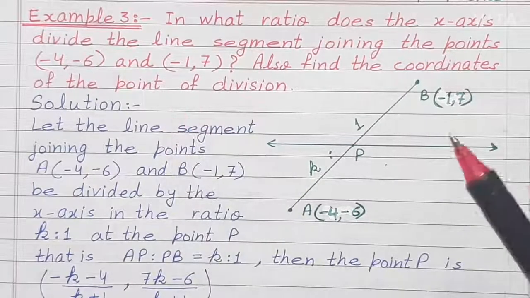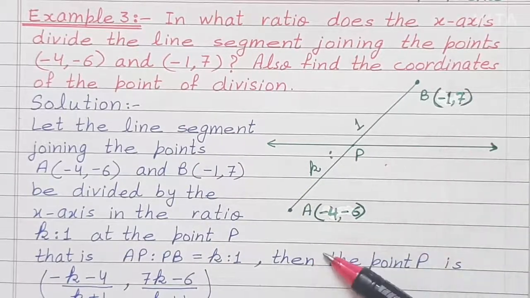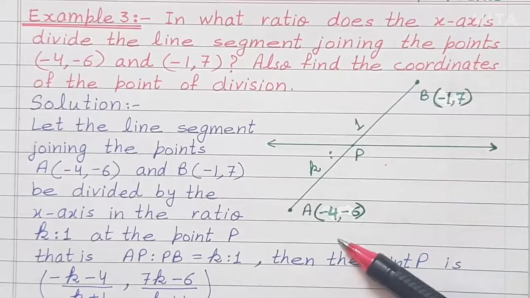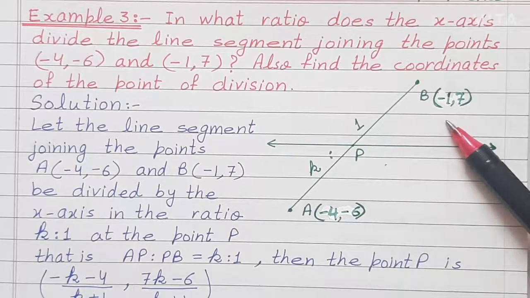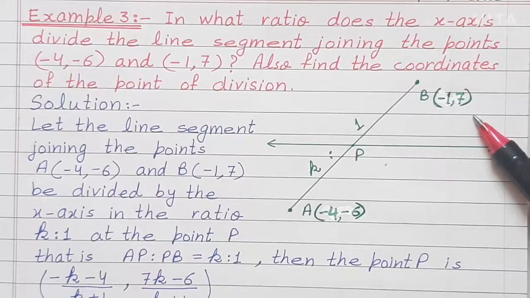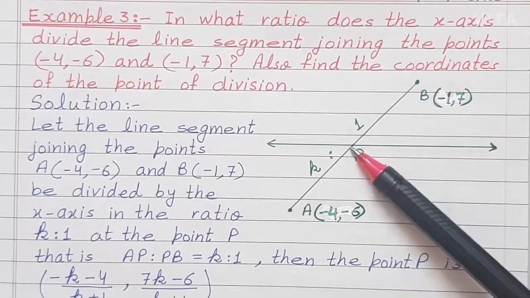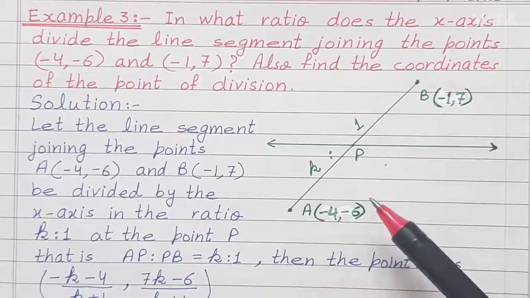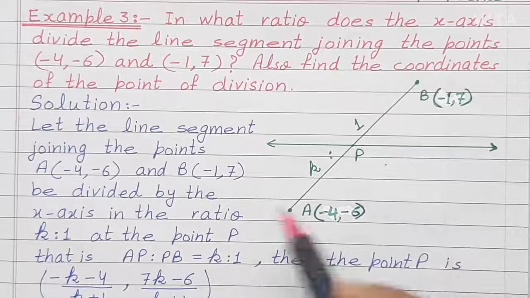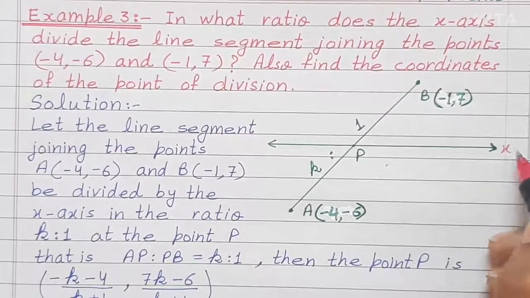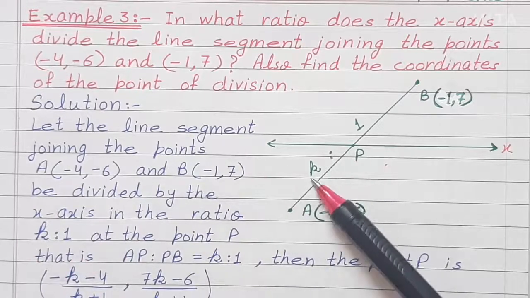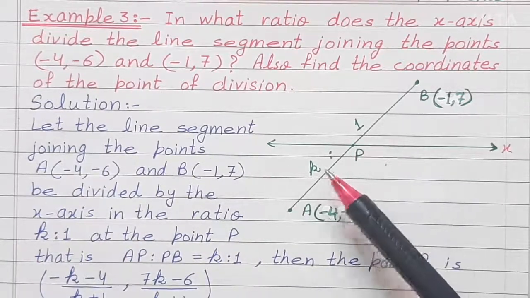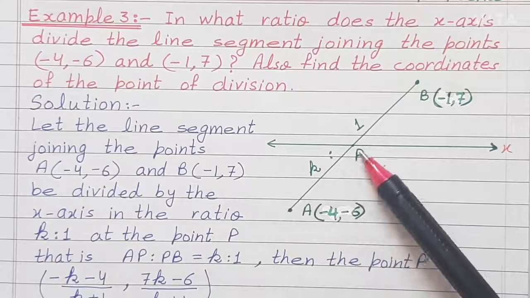Now students, you can see that there are 2 points A and B, where A is -4, -6 and B is -1, 7. And P is the point of intersection, where the other line is the x-axis. Clear? So let us assume that the ratio is k:1, that is, AP to PB is